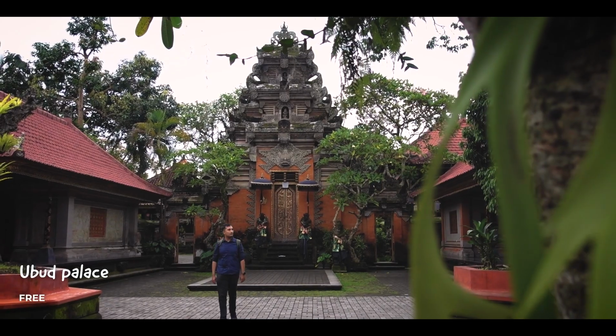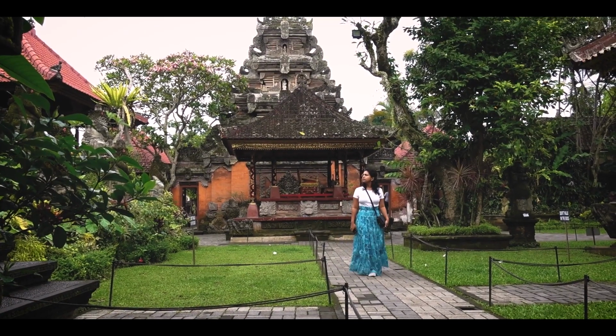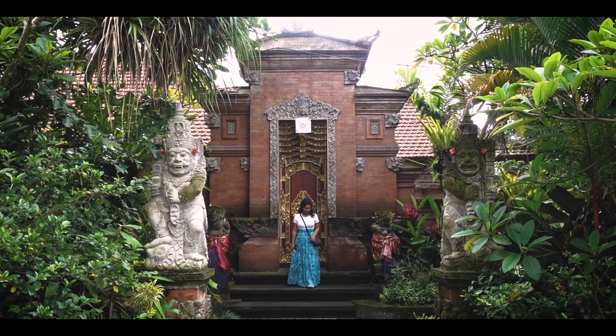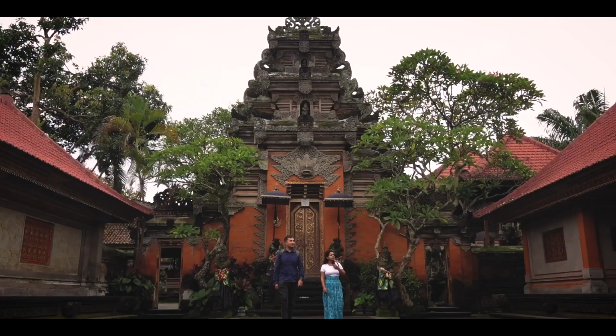And also, this is just 350 meters from our hotel, so we did not have to rent a motorbike, so we just walked. Another place which is less than 50 meters from there is the Ubud Palace. So the Ubud Palace is a very beautiful attraction you can visit, and there's no ticket charge at all. In fact, if you go there in the morning, again, you'll have the whole place to yourself,